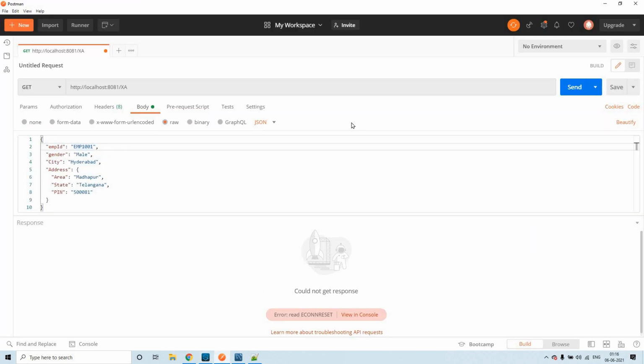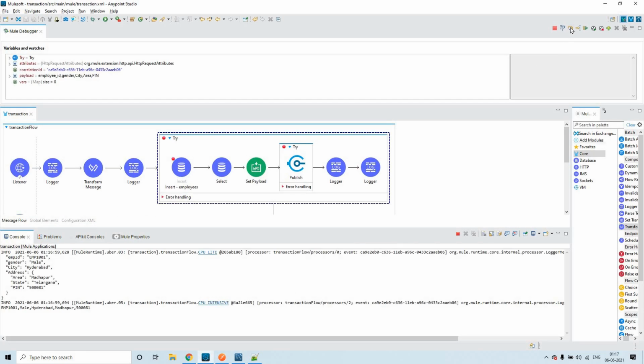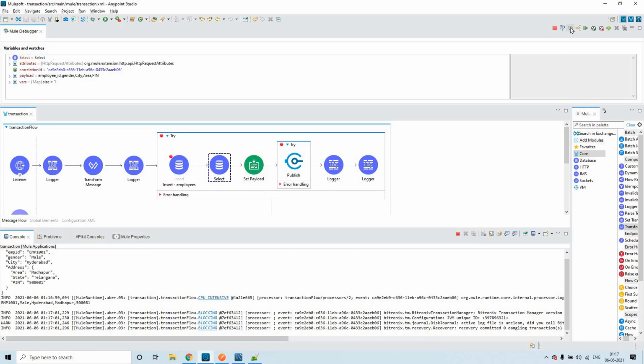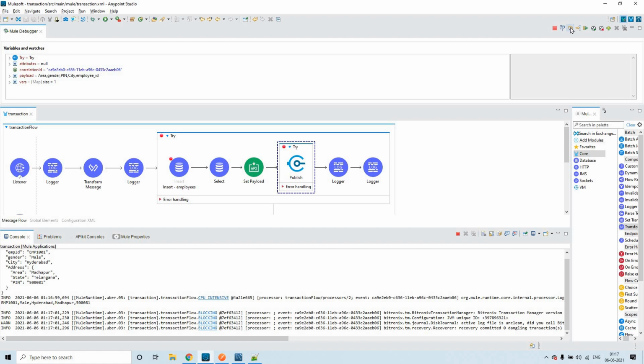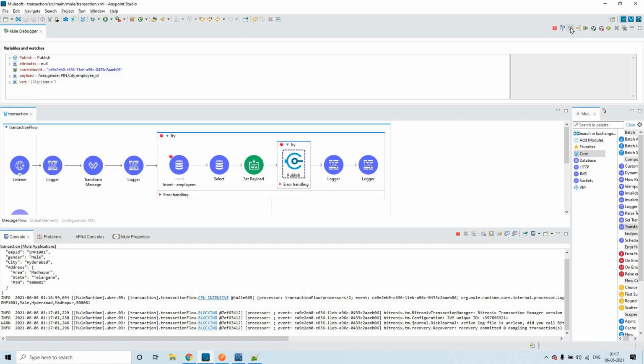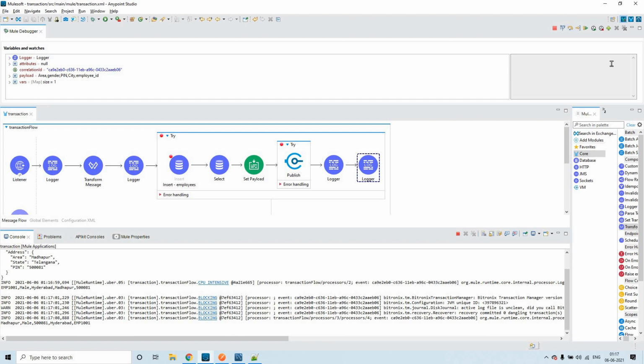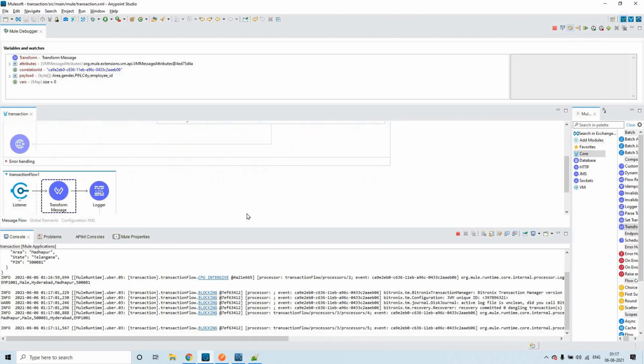Now let me send the request once again. So click on next. You will not see any issues, because the flow is good with respect to the configuration.